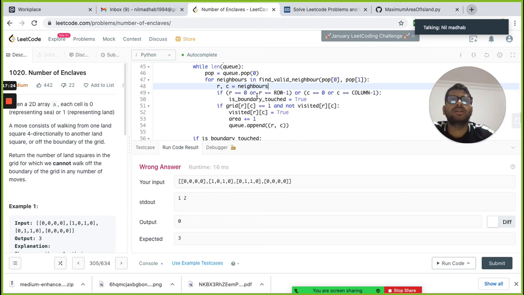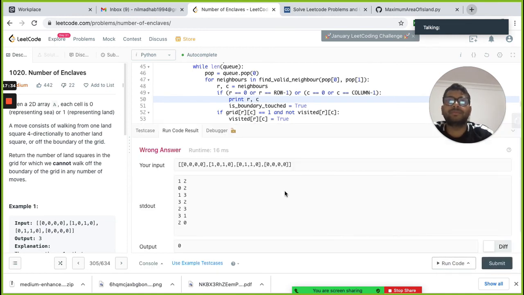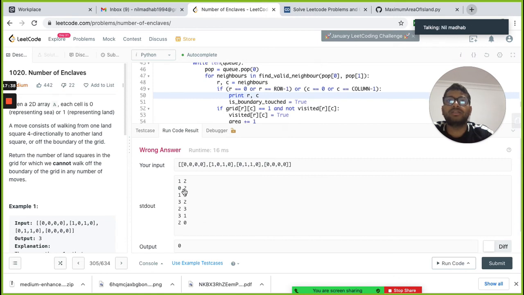With r, c, our neighbors, we are marking this as true. So let's print r and c. Oh, yes, we are getting 0 here. Okay, sorry, we also have to do one thing: if grid r, c equals 1, then only do it.